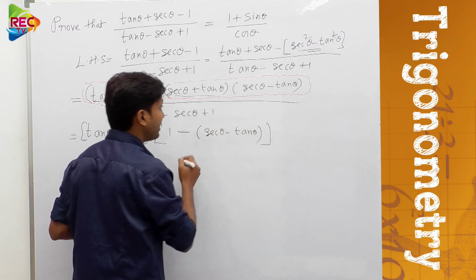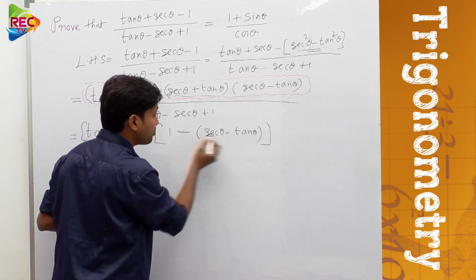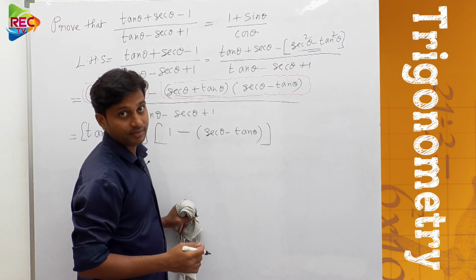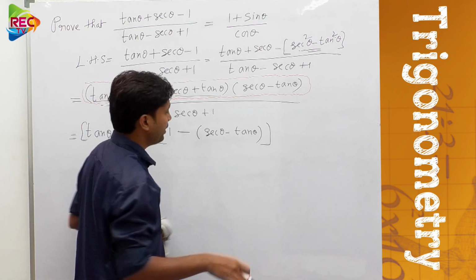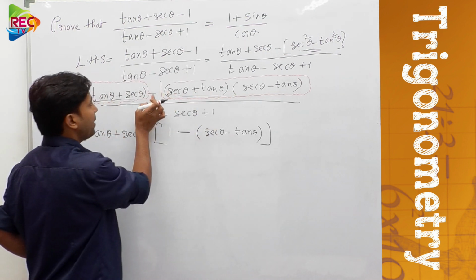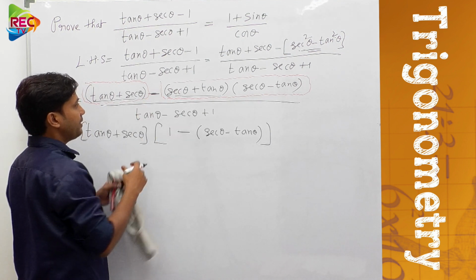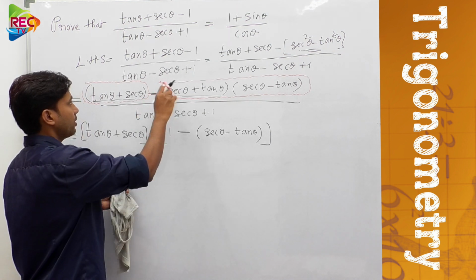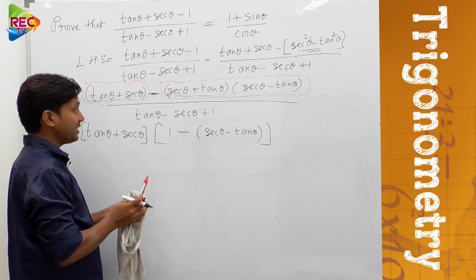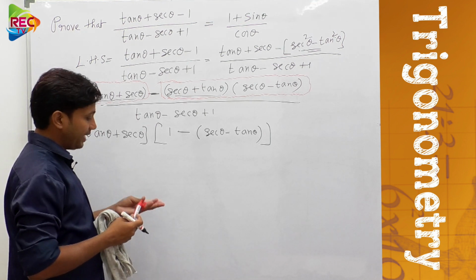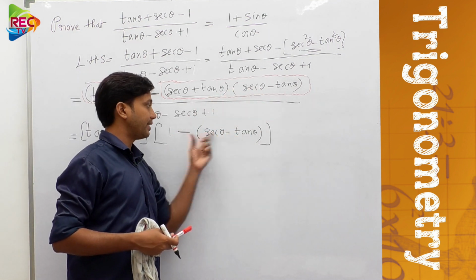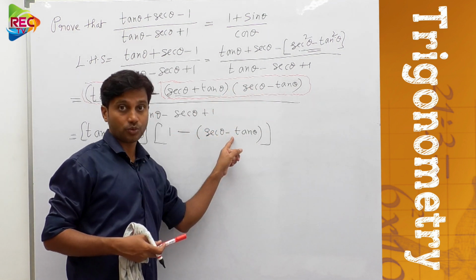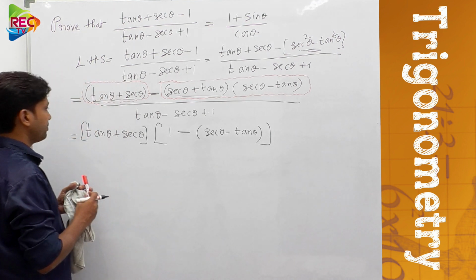Here you need to take care of these brackets because the minus symbol is there outside. If you remove these brackets, you will go wrong. Because here the minus symbol is in between these 2 expressions, in between these 2 terms, so you need to take care of the symbol also. Understand? You need to put this entire expression in the bracket, then multiply with the symbol also. Okay, right.